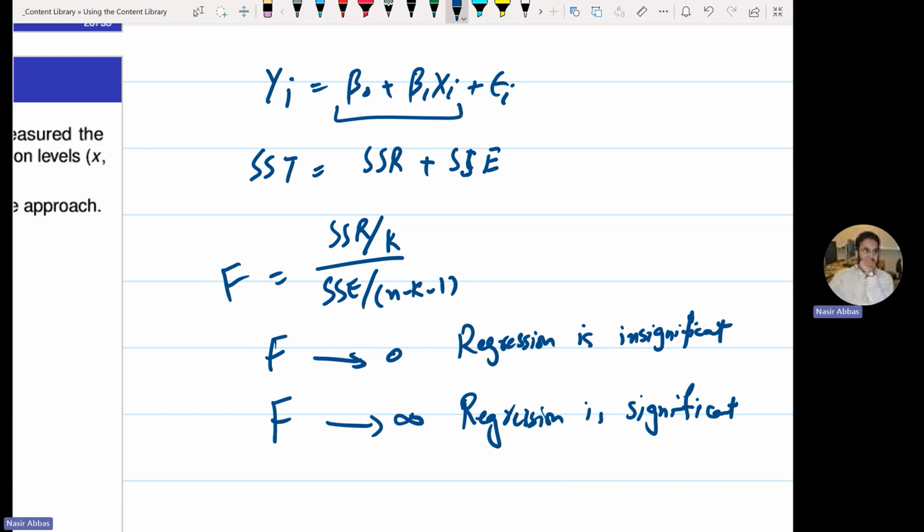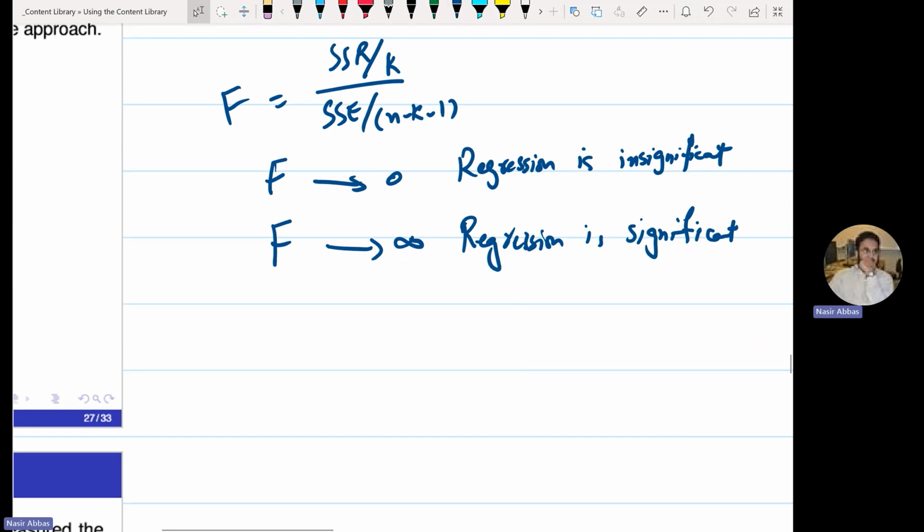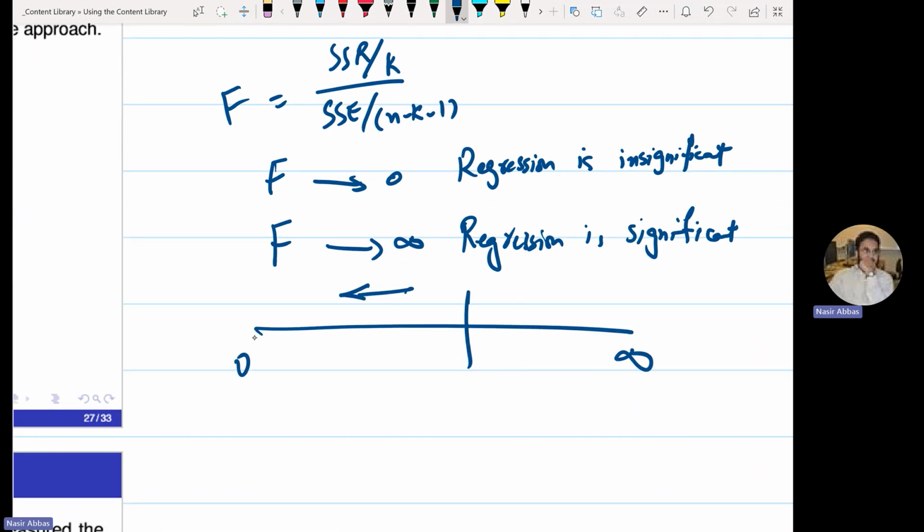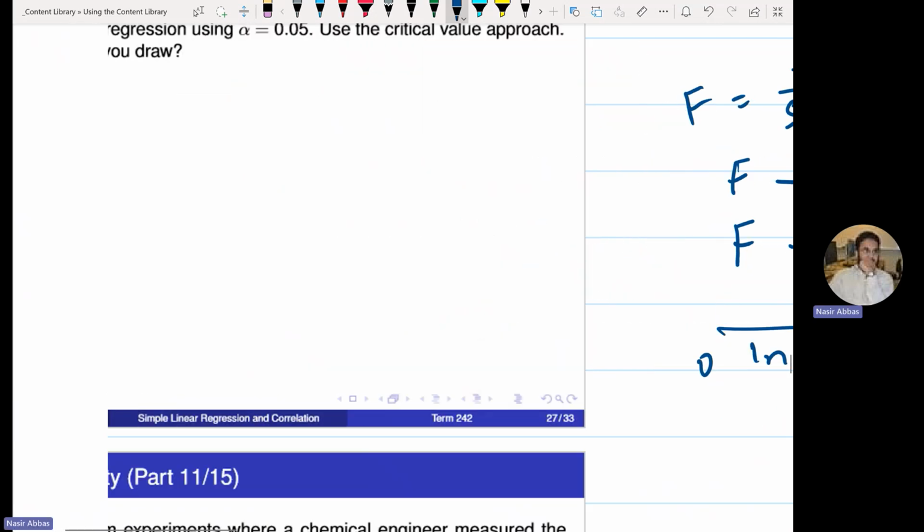Between 0 and infinity, you said there is a value above which we will make a decision. This is 0, this is infinity. Here you will say regression is insignificant. Here you will say regression is significant. The cutoff point is what we call the critical value, which will come from where? F table. So let us go now